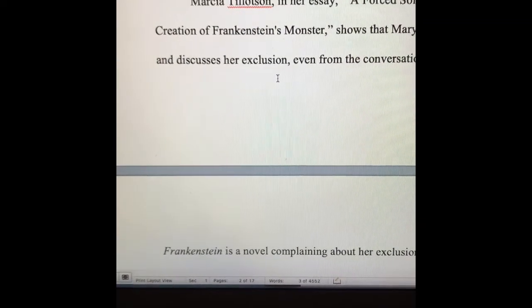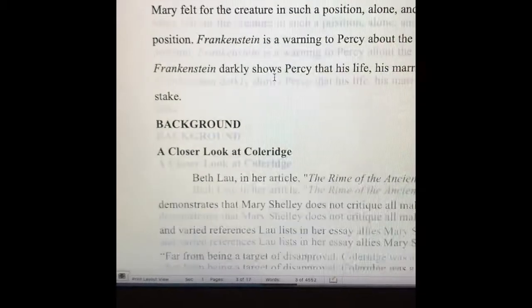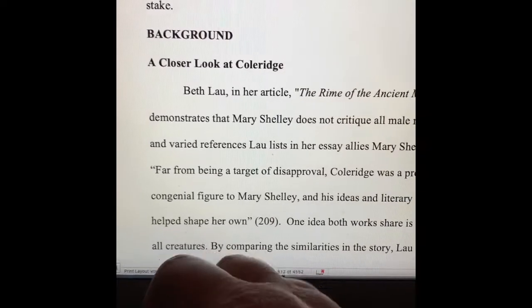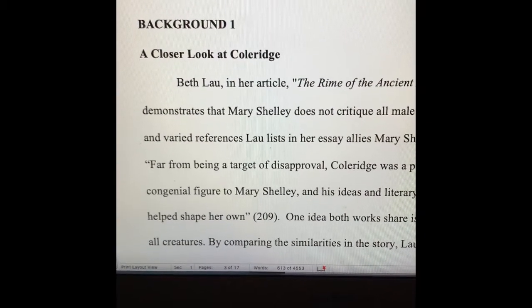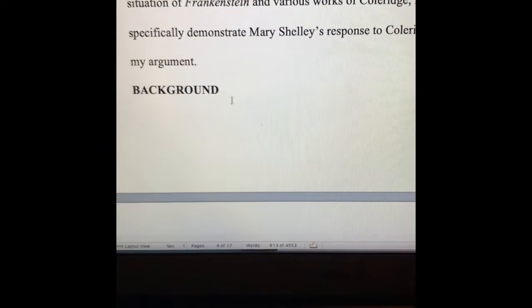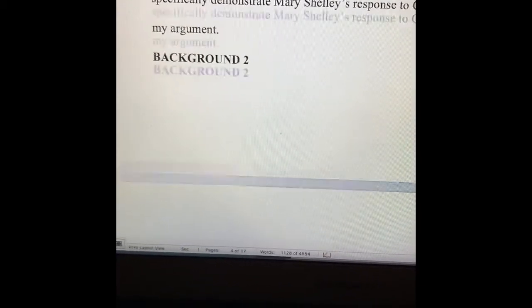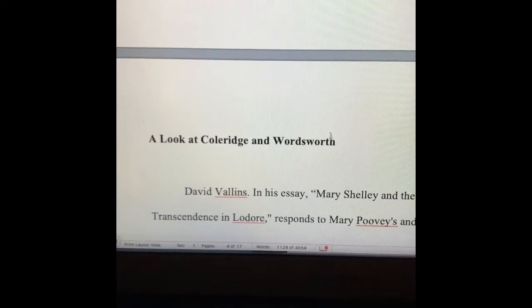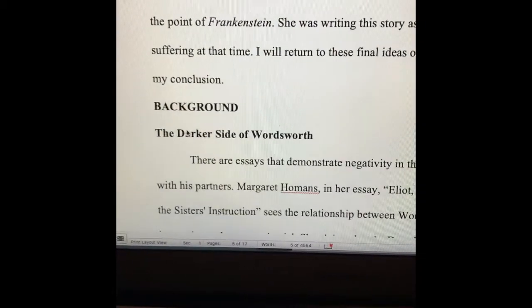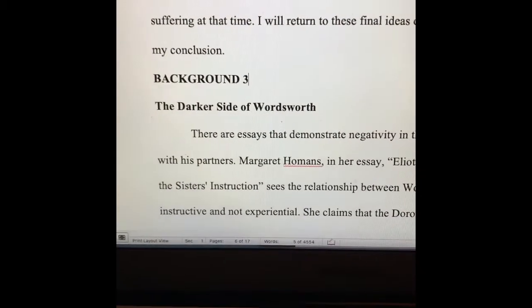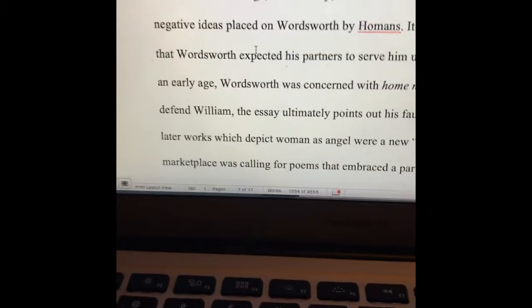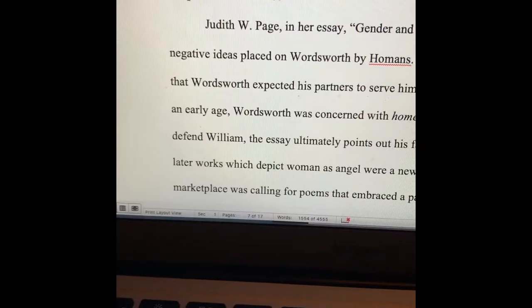And then going into the body paragraphs, they do new topics. So they'll say, this is my background. And sometimes they'll even do things like background 1 for history, and then background 2, for example, for definitions, that kind of thing. And then a subsection for that background paragraph. And then sometimes you'll even see background 3 for another piece of information. And then when you get your 4 backgrounds, they go into their reasons and support.